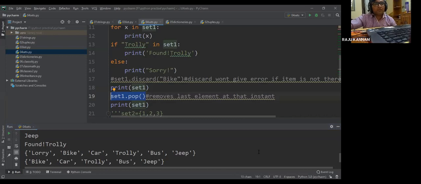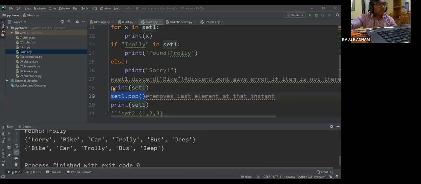Not the first element. It will remove the last. That's what I'm telling now. See here, when this print statement is executing, this is the order in the set. When this pop statement is executing, this is the order. In that order, lorry is the last element, so when the pop statement executed, lorry was in the last position.